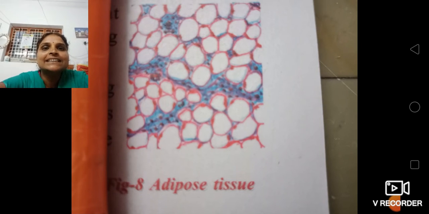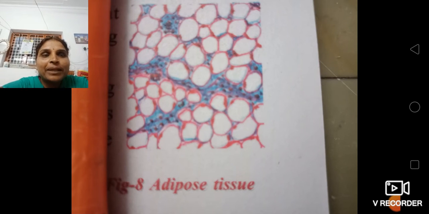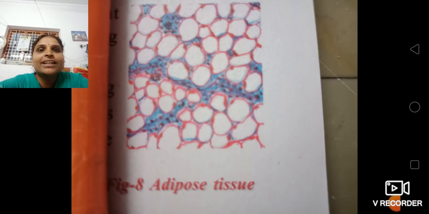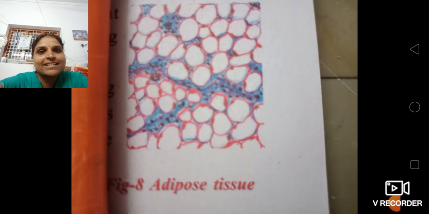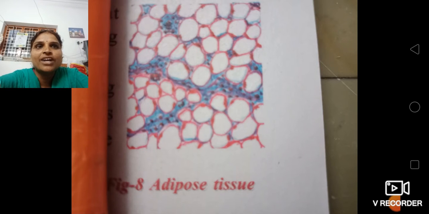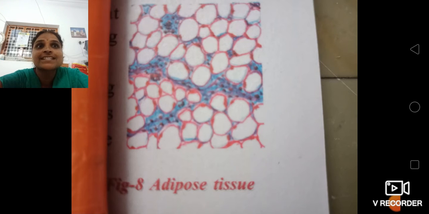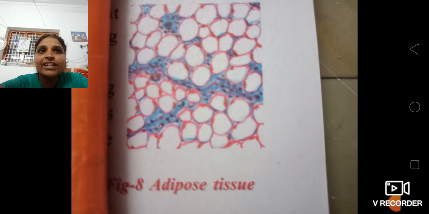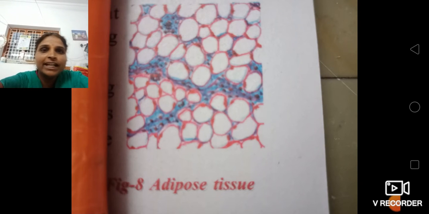The fat generates the temperature. In old people, the adipose tissue is damaged, so they shiver in winter more than youngsters. The cells of this tissue are filled with fat globules. Storage of fat also acts as an insulator. Which tissue gives definite shape to the body of vertebrates? These are the areolar tissue and adipose tissue.